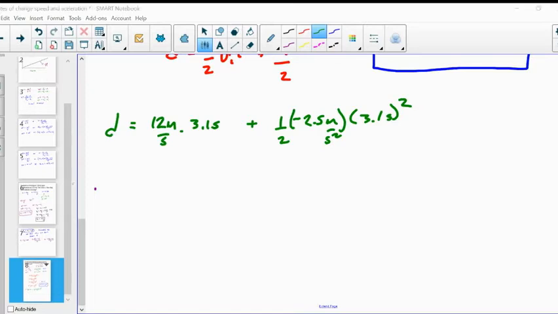Going to be very careful to watch our units. The displacement that we're trying to find will be equal to 12 times 3.1, which is 37.2 meters, plus half of 2.5 times 3.1 squared. This is going to give me